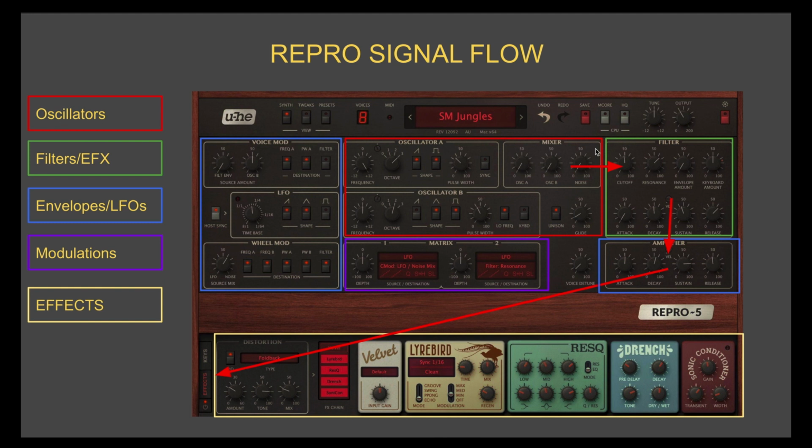So both of those oscillators get mixed into one signal, fed into the filter here, which is affected by the ADSR below, envelope amount here, keyboard tracking amount there, keyboard tracking amount here. And that signal goes into an amplifier, which is again a basic ADSR, and which is attached to a VCA, a volume control. Out of here, up until here, consider all this is polyphonic. And then also this distortion